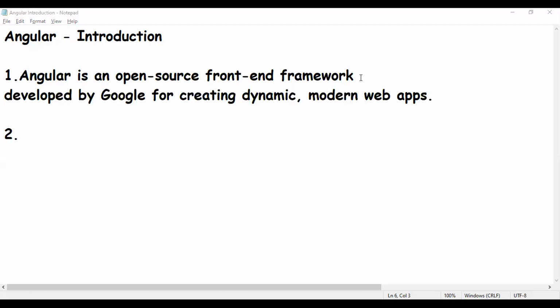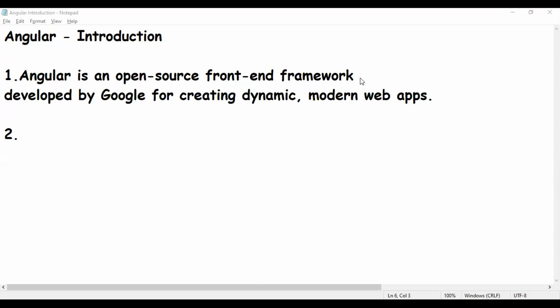And the second point: Angular provides developers with robust tools for creating the client side of web applications. So developers can be more productive.